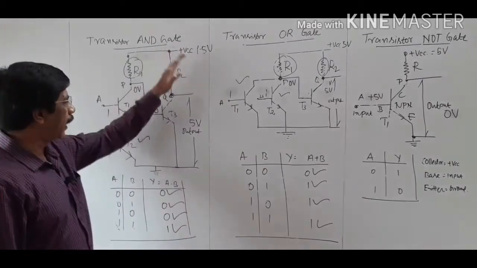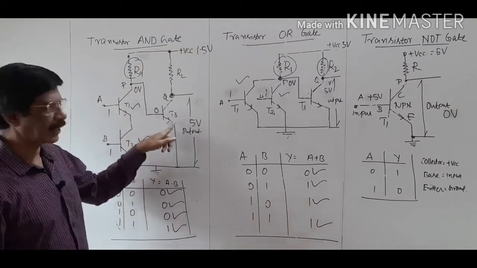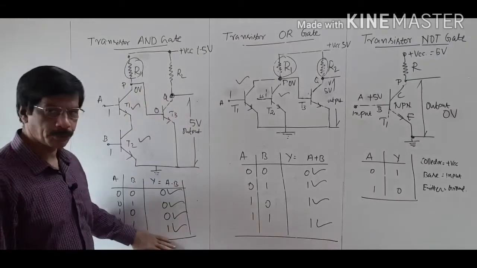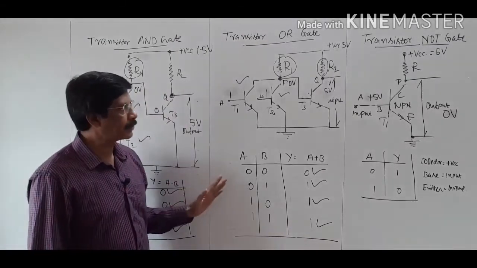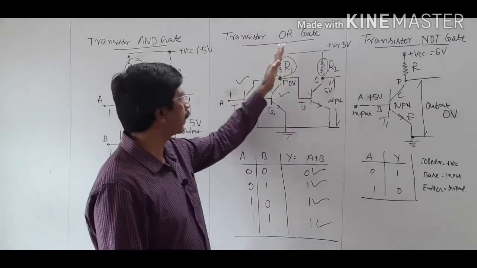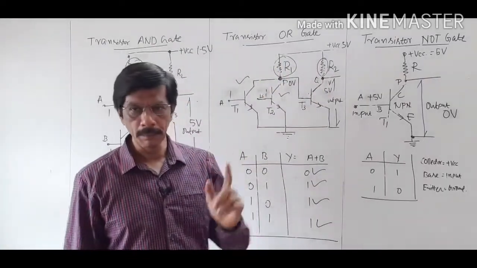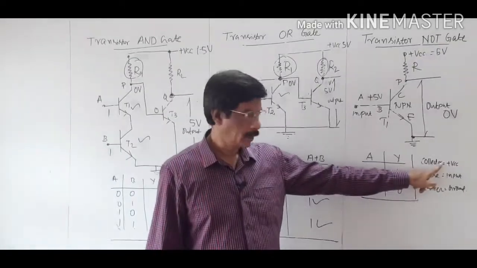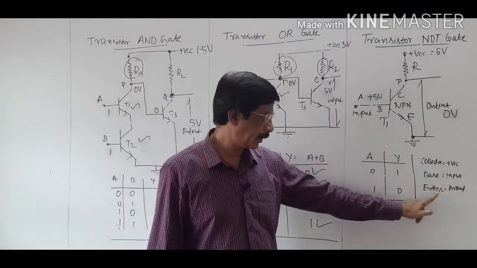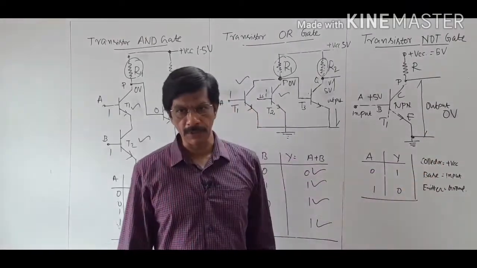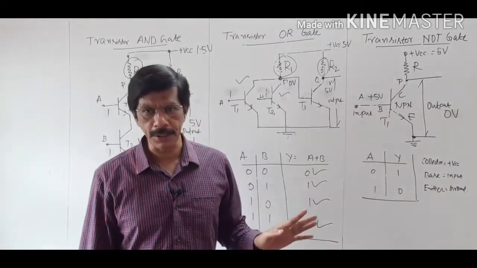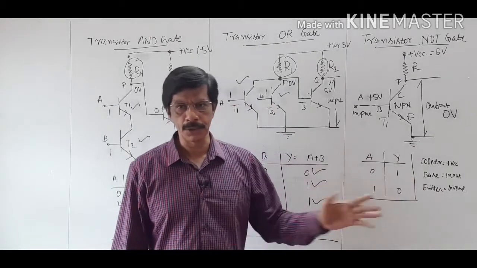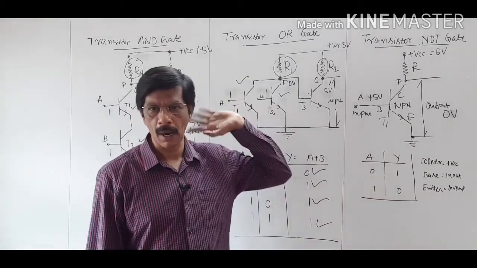So this is the entire operation of the transistorized OR gate. This circuit satisfies this truth table. The important thing for all three cases, NOT gate, OR gate and AND gate, is that you remember three important conditions: collector needs plus VCC, base needs input, emitter needs ground. If any one condition fails, the NPN transistor is not switched on. If all the conditions are satisfied, the transistor switches on. This is a very important condition to analyze all the three gates.